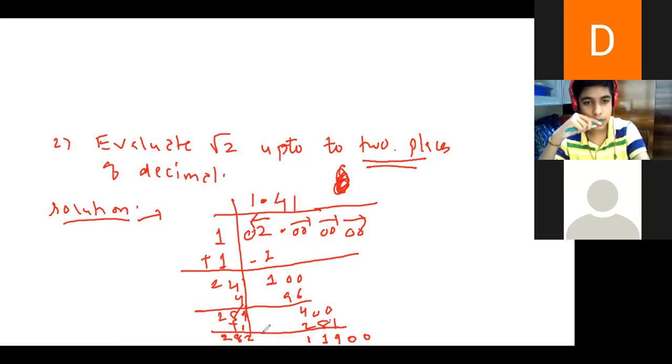Yes. So can it come more than 5? 28 into 6 will be how much? 6 8s are 48, 6 2s are 12, and 4 16. 1 6 will come. It's very large. So no need. So I can say therefore root 2 is 1 point. They have asked only 2 decimal places also. So we have done till that. So if you want, you can write one more line, but further you will discard.